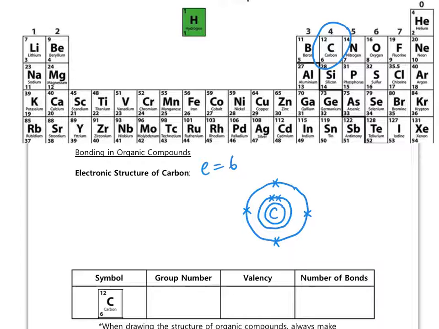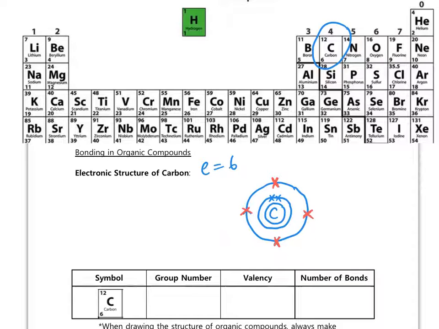But the ones that are on their own, they want another electron to pair up with so that there's a full outer shell. So at the minute, carbon has 4 electrons in its outer shell, and so essentially it needs to gain another 4 to get a full outer shell. Now it doesn't gain electrons as such, it tends to share electrons with other carbon atoms to give it a full outer shell. So essentially bonding can happen at these 4 positions.